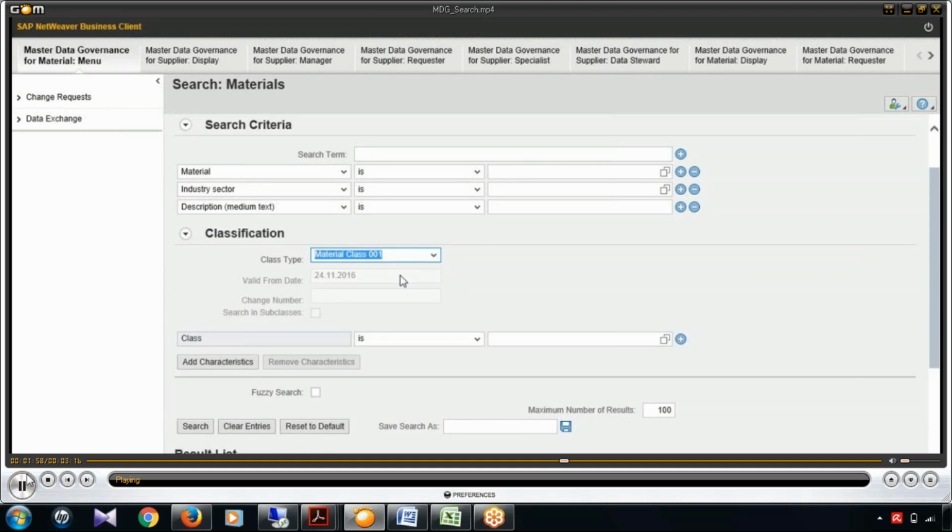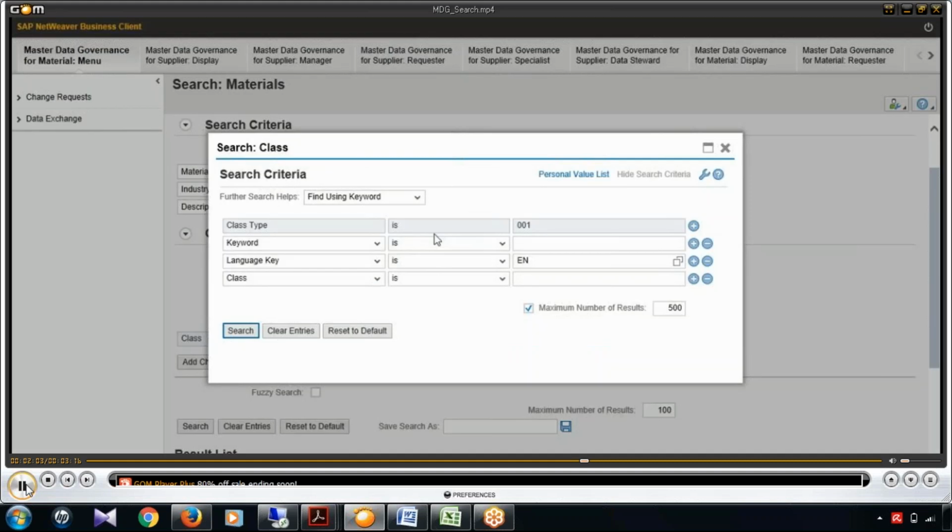Then the moment we provide the class type, it will ask you the class name, which class name you are looking for. Then I can select the class name from F4. So here I'm selecting the class which contains the keyword bearing. So I can see there are two classes which have the detail about the bearing. Okay, so I'm selecting one of the classes and